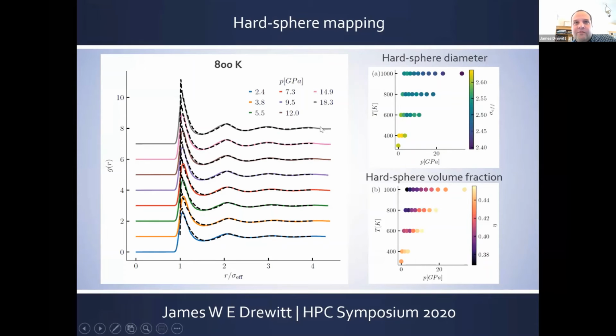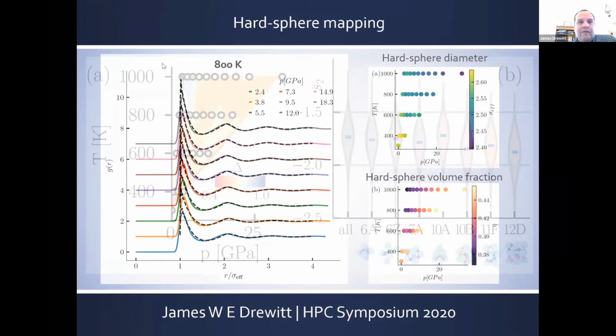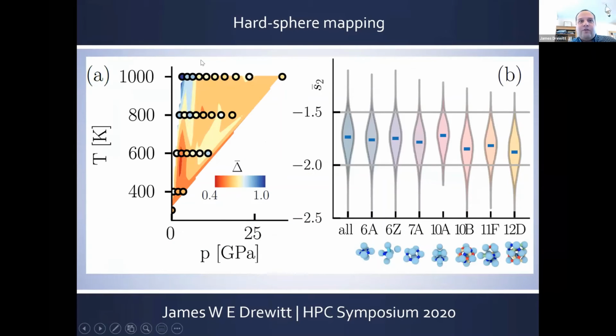And as perhaps expected, with increasing pressure and temperature, the hard sphere diameter reduces slightly, while the volume fraction increases quite significantly with greater compaction. So finally, by running further constant volume event-driven molecular dynamics simulations for these hard spheres, using 600 particles in a box to match the ab initio runs,